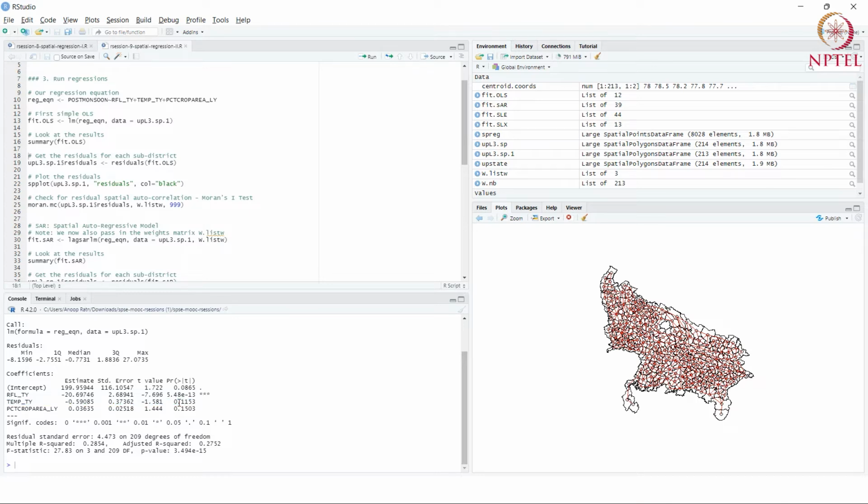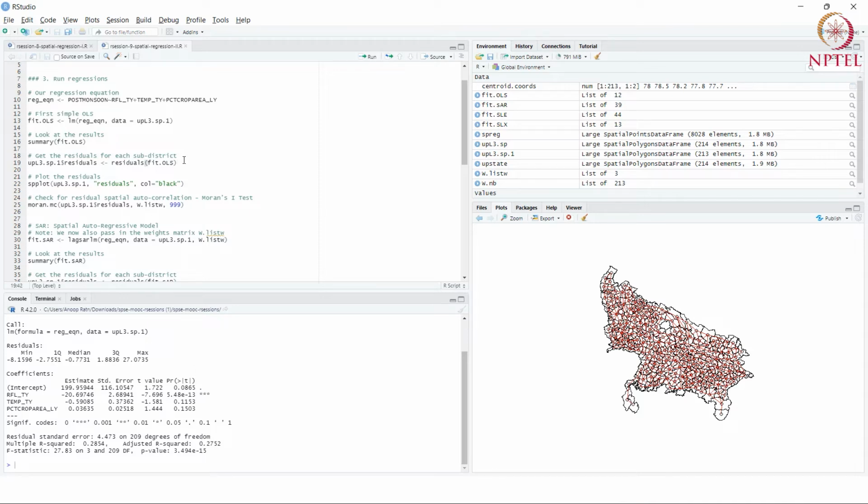But first of all, we must realize that this model may not be correctly specified. We may have omitted variable bias. We may have other problems in addition to spatial autocorrelation. So while I'm interpreting these results for you, they may not necessarily be interpretations that we want to use for analysis or for gaining any kind of understanding. This is just a demonstrative discussion of how we might interpret regression results.